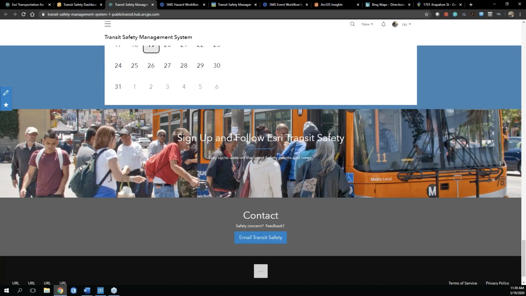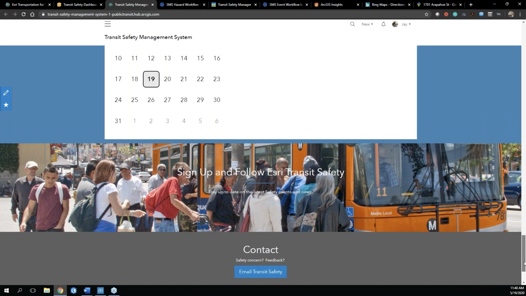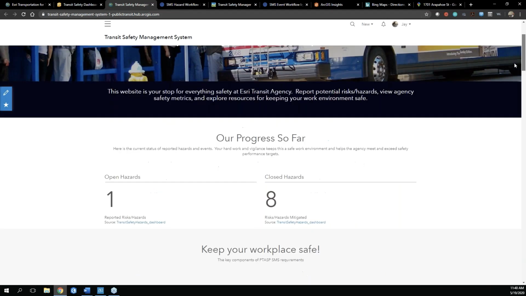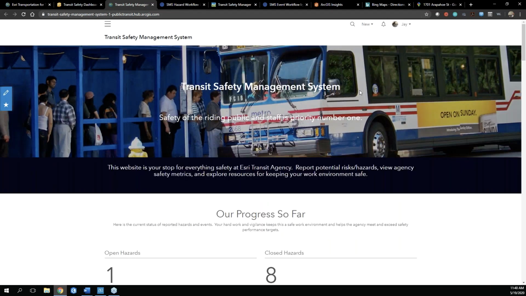Then finally, the ability to sign up and follow this hub page, so that whenever something gets updated here or a new event is added, it will send you an email or contact you in another way, so that you're always up to date on safety events and the status of safety